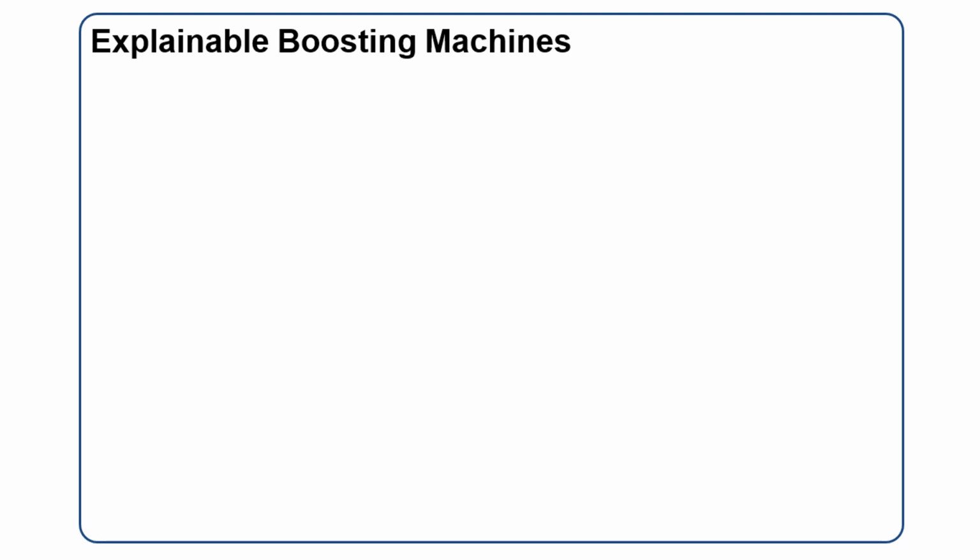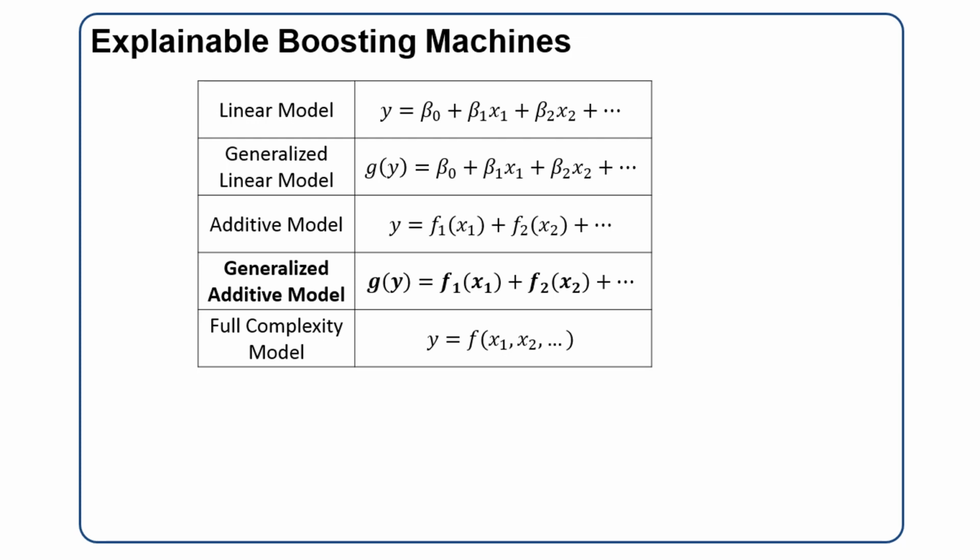So to explain what an EBM is, it's important to understand the whole context of what a machine learning model could be. At the very simplest, you have linear models, which are just coefficients multiplied by their parameters in the parameter space. That's very easy to understand. And then at the opposite end, we have full complexity models, which could just be any arbitrary function you want. It's important to point out that there's a trade-off between accuracy and transparency. As you get more complicated, you get more accurate, but at the cost of being understandable by